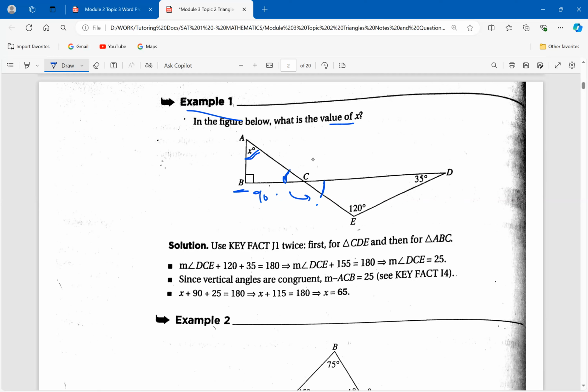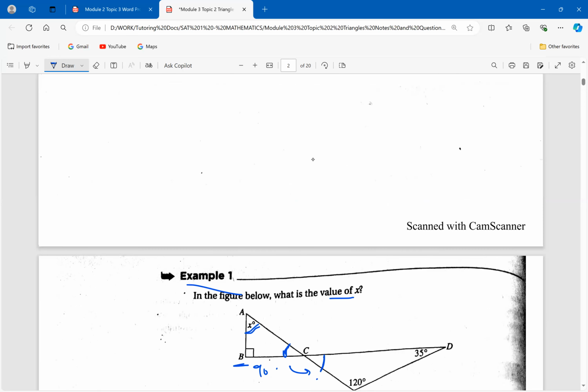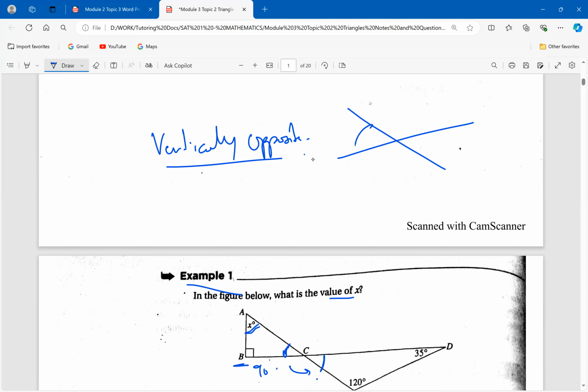There are different properties for angles. For example, an angle can be vertically opposite. Let me just recall these properties. I'm sure you guys have already studied these as well, but vertically opposite angles are like this. If this is one angle, angle A, so the angle opposite to it, angle B, is also going to be equal. A and B will be same. These are called vertically opposite angles, okay? Similarly, the other type of